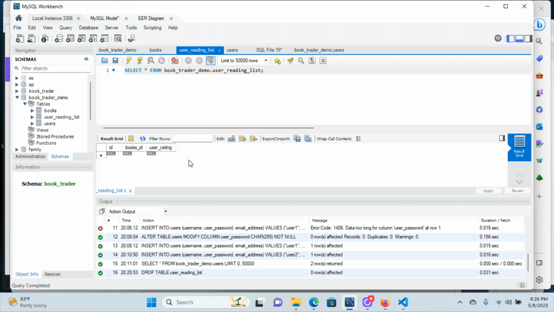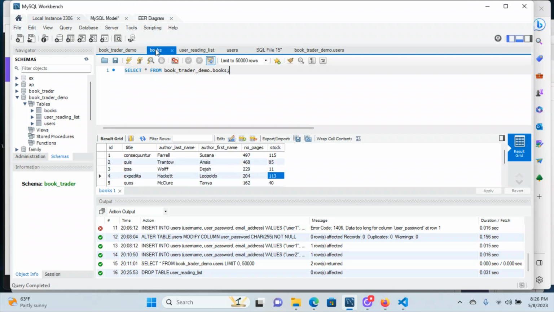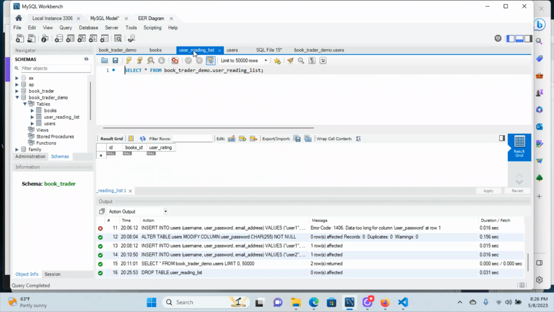So it had an ID, so auto incrementing, no surprise there. It had a books ID. This was the foreign key, so that each time the user added a book to their reading list, this would populate with the ID of the books table. So let's say I wanted to add this Officius book to mine, and then it would enter 6, which is the ID of that in books, and it would put that into the books ID column here for that entry,